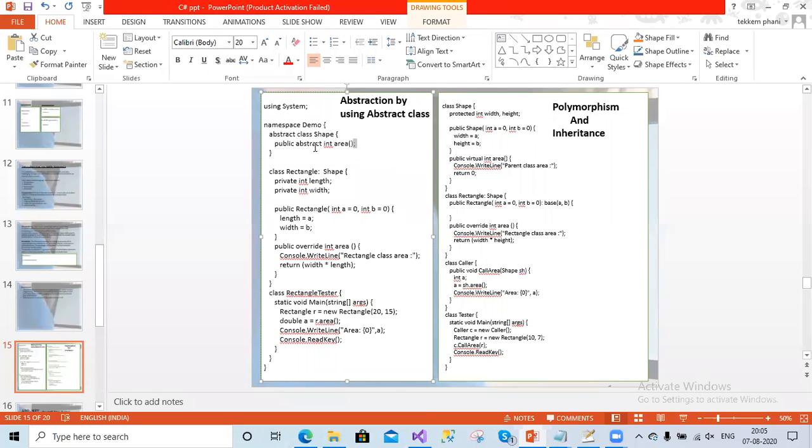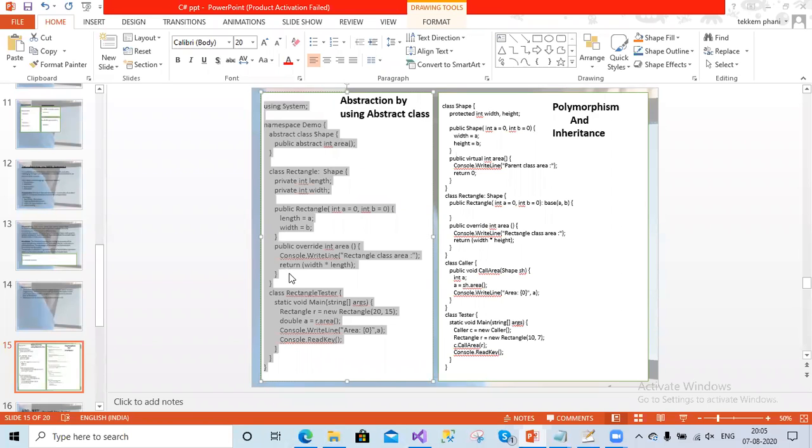An abstract class can contain abstract methods as well as concrete methods. The one which has some implementation is called concrete, and the one which has no implementation is called an abstract method. If we have any abstract methods inside the abstract class, they must be overridden within the child class.